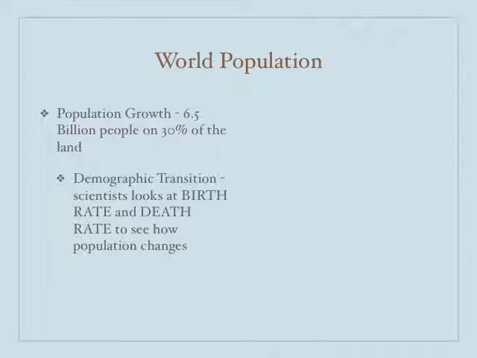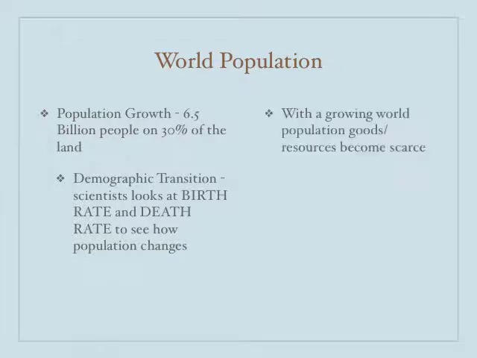So demographic transition. Scientists look at birth rates and death rates to see how population changes. Birth rate goes up, death rate goes down. What happens to population? Vice versa. So we need to be able to look at those different ways that the demographics change. With a growing world population, goods and resources become scarce. Without ways to feed people, clothe people, those things become scarce, and when things become scarce, the price of them